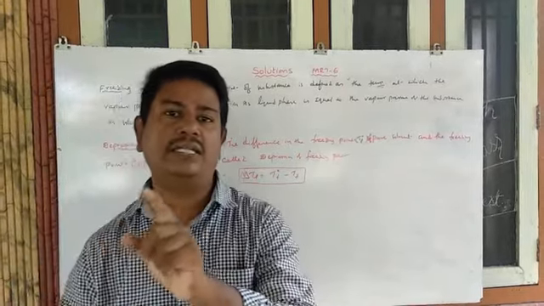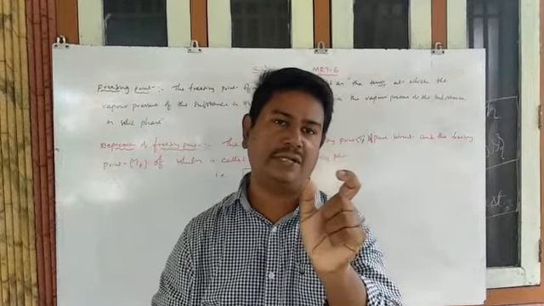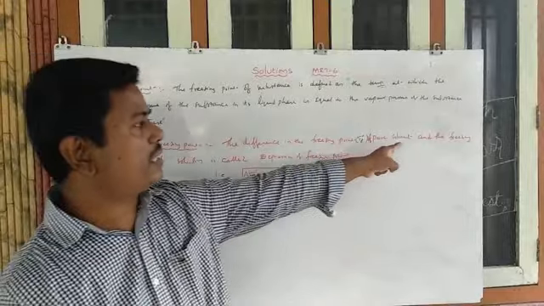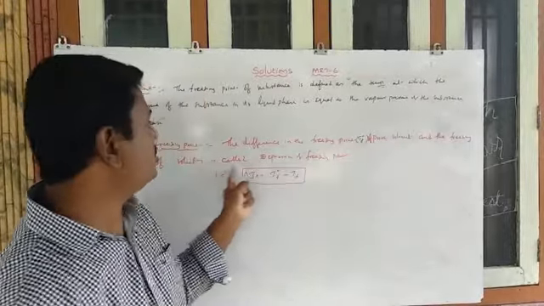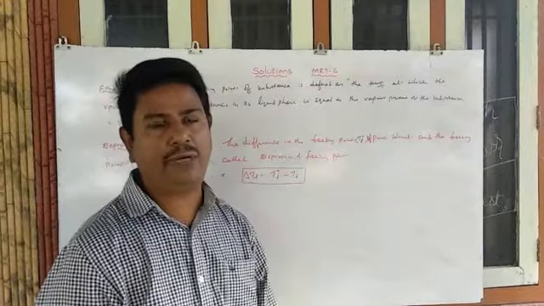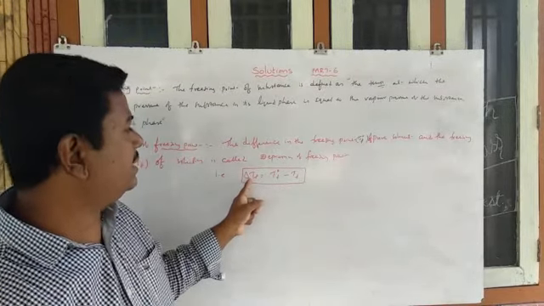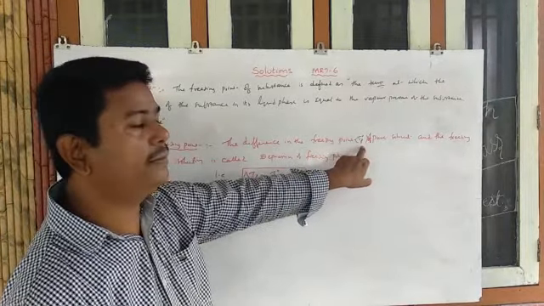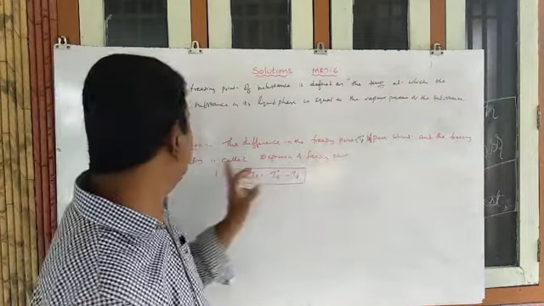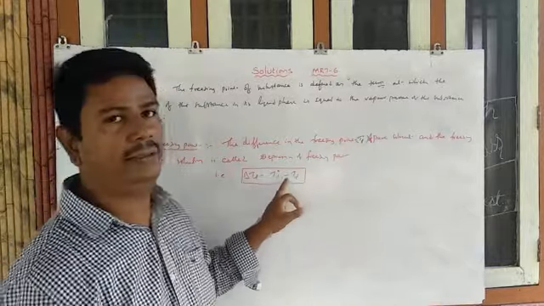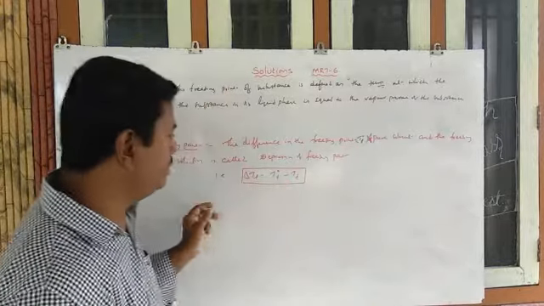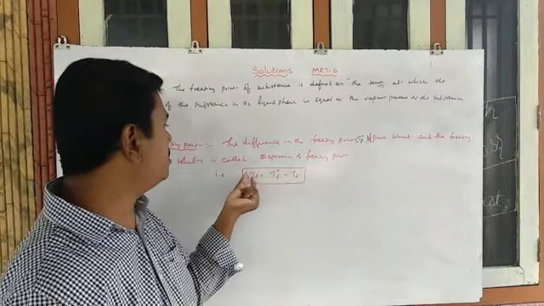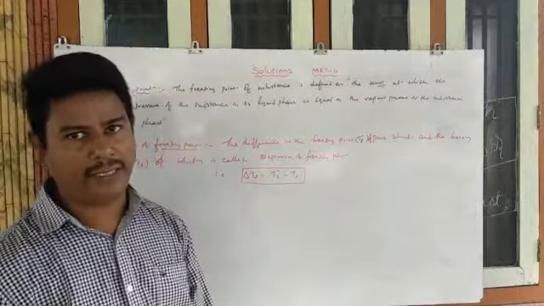Solution is called as which one? Difference in the freezing point, or depression of the freezing point. So observe here, the difference in the freezing point of pure solvent and the freezing point of the solution is called the depression of the freezing point, which is represented with delta Tf. If T naught f is considered as the freezing point of the pure solvent, whereas Tf is the freezing point of a solution, then the difference between pure solvent and solution is called the depression of freezing point.